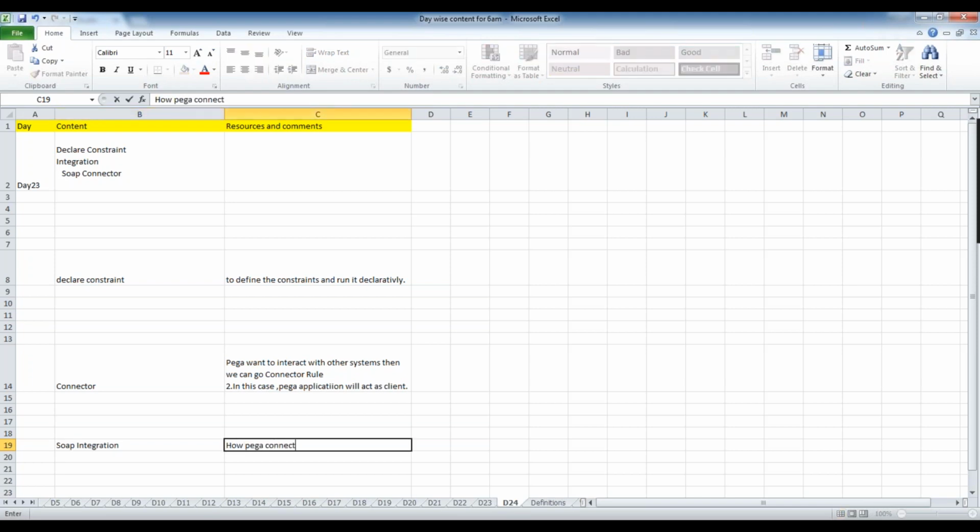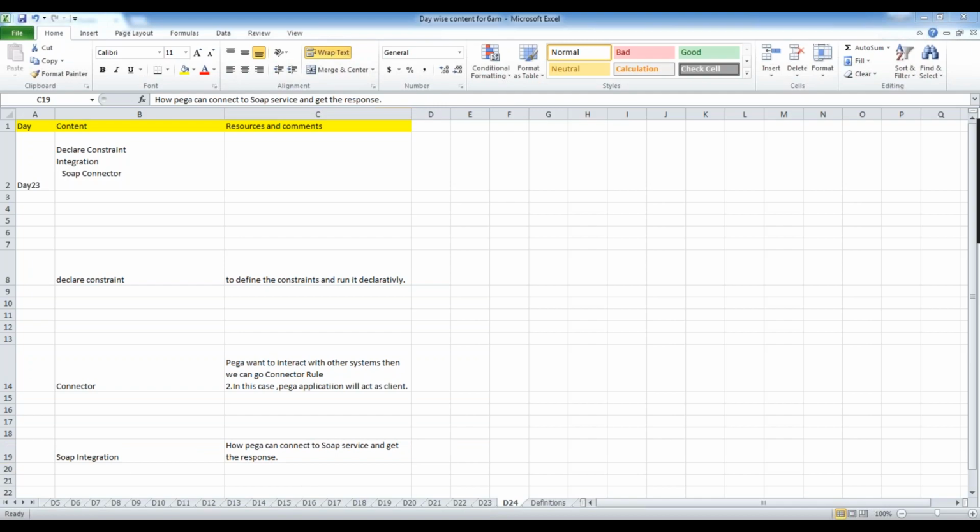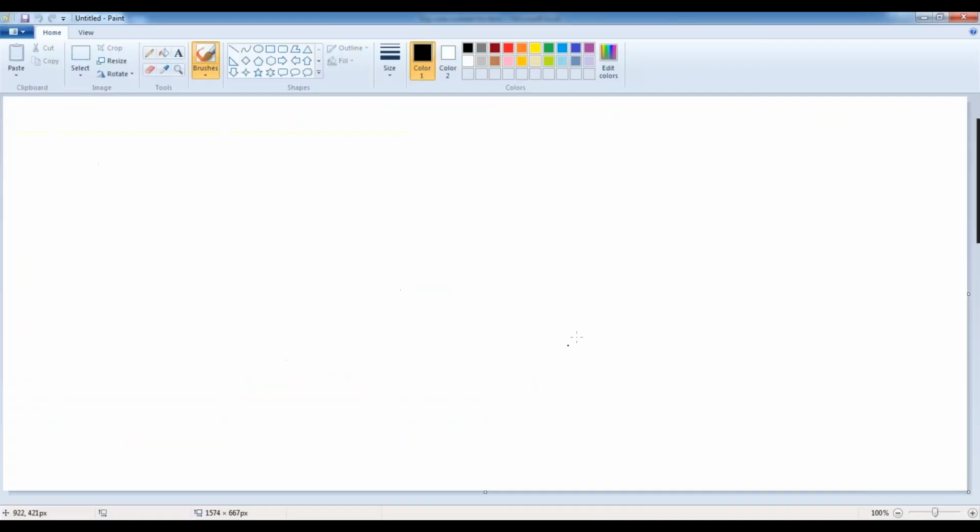How can Pega connect to a SOAP service and get the response? For that, we'll see what happens internally.